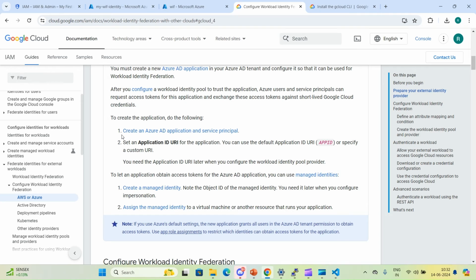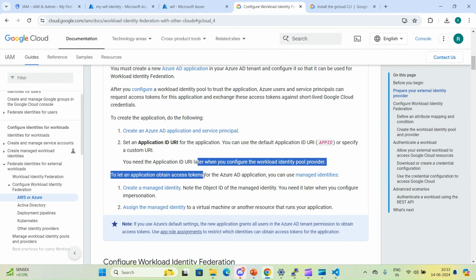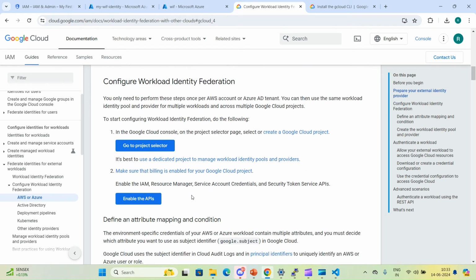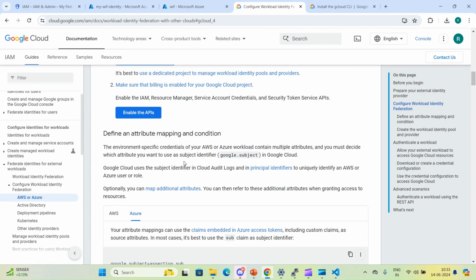First create your Azure AD application and a default application ID URI, and we have to provide that URI in our workload identity federation while configuring. After that, we again use this application ID URI later on when we download our config while granting access. With the help of managed identity, we can create a credential which we can exchange with GCP. This is a little bit confusing, I think.